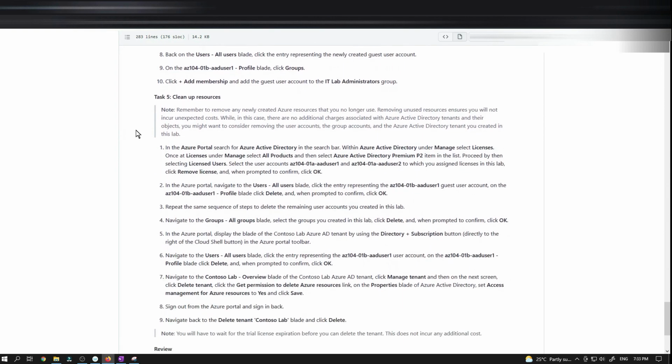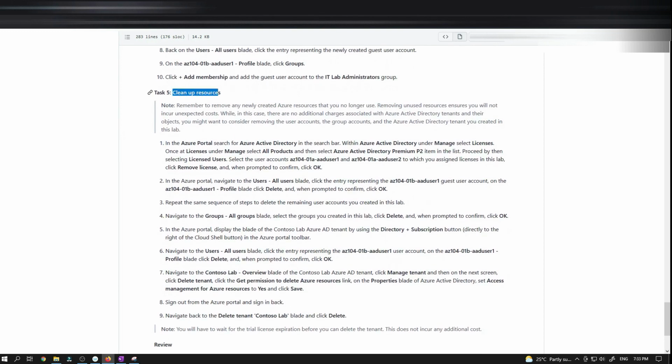All you have to do now is clean up the resources, guys. I'll leave that with you. Don't forget to do that, because this lab is okay, but going further, there will be labs where you have to create resources such as VMs, storage accounts, etc. So you will be charged by Microsoft. So don't forget to actually